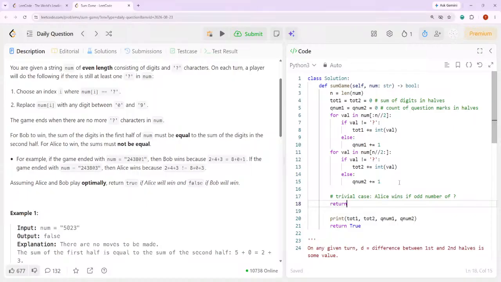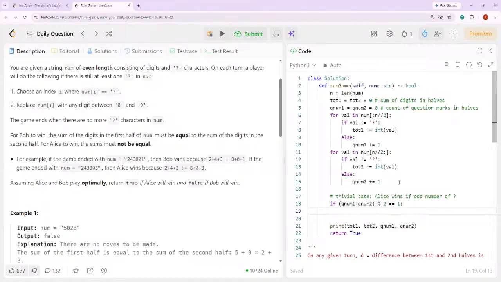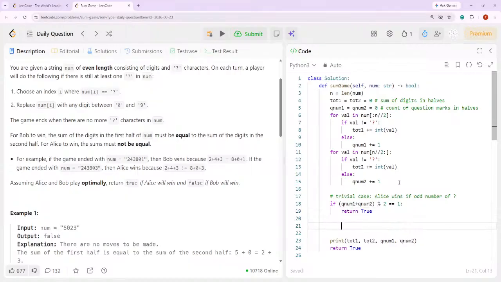Return if qnum1 plus qnum2 is odd, remainder of that divided by 2 is 1. Okay, so that's the trivial case. And then if it's an even number,